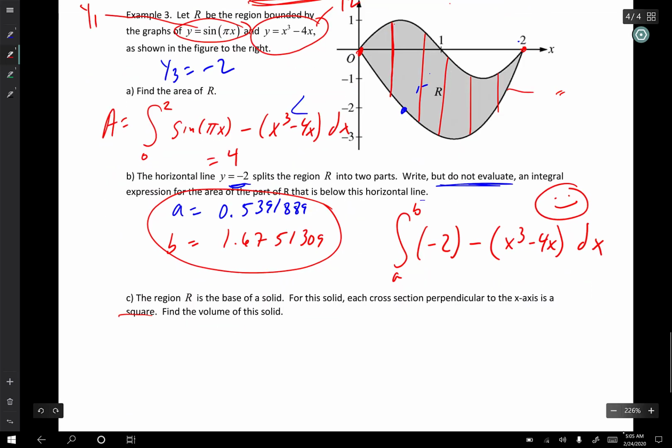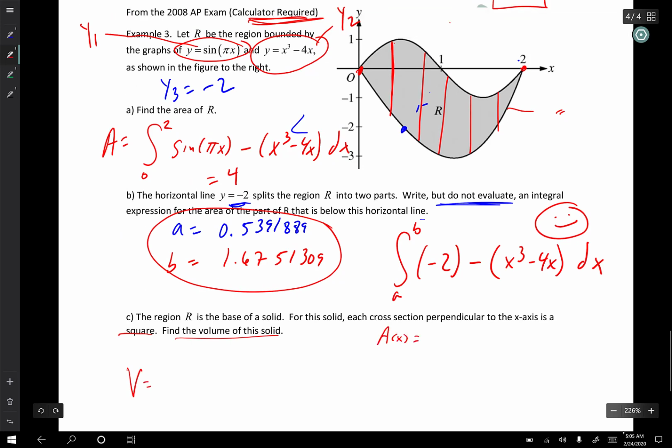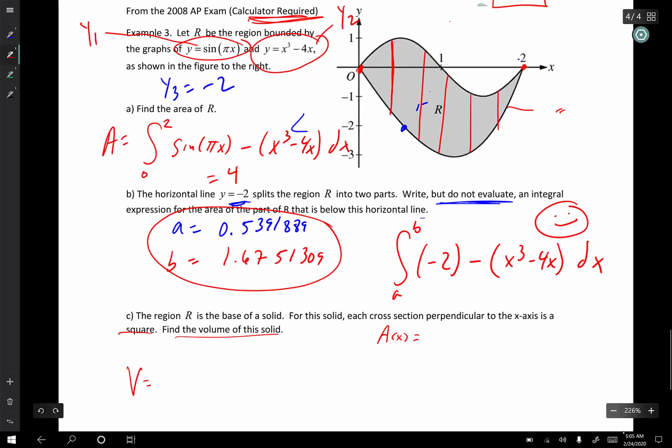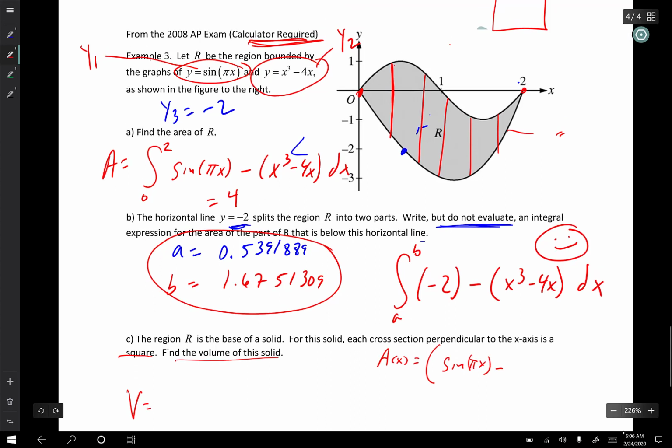So here we go. It says find the volume of the solid. So volume equals, so first let's find our cross section, A of x. So the top curve is sine pi x. So I'm going to put giant parentheses, sine pi x minus the bottom curve, which is x cubed minus 4x. Notice I made those little parentheses. Close the whole shebang. Put a square on it because area of a square is side squared. So this is giving you one of the sides, and when you square it, that's the area of one of